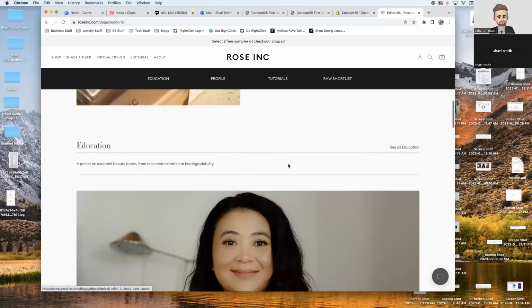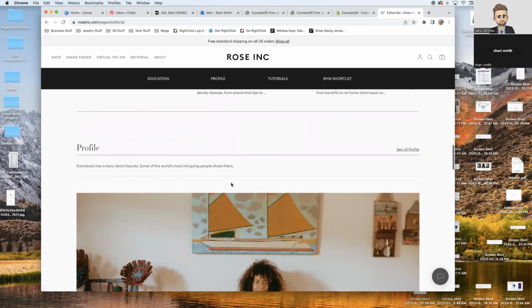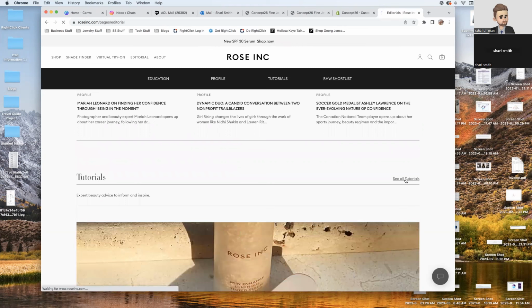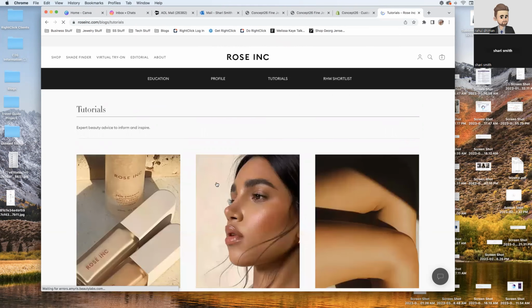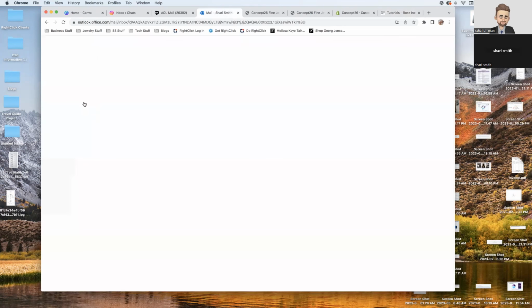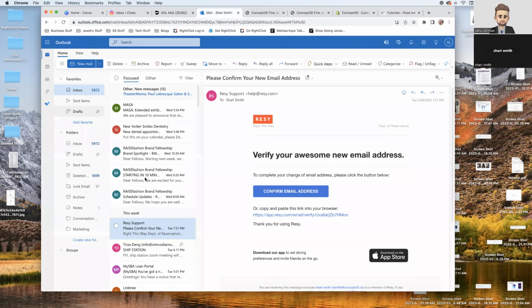You have education, you have profile, and then you have tutorials, right? When you click on tutorial, it groups all of the blogs that are under tutorial, which I know how to do, which is great. Do you see the size of this photo? I want it to be exactly like the size of the photo, which is what I think I sent in the email. So if we go to the email,